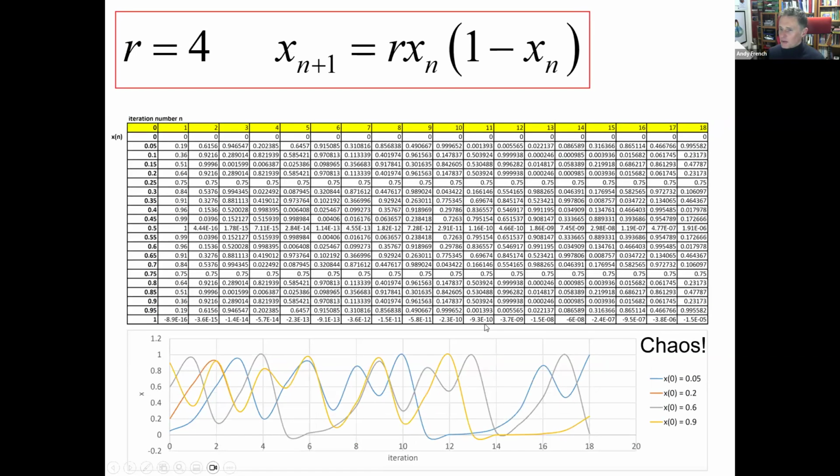Well, you get to r equals 4 and it's complete chaos. Really hard to predict long term, you get some really wiggly, mad graphs with all sorts of ups and downs. And if you were to say, right, in 100 iterations time, what's it going to be? Anybody's guess. So you're almost introducing random behavior. It isn't random because we've got a law which is completely deterministic. It's a quadratic equation. But nonetheless, we've got very complicated behavior ensuing.